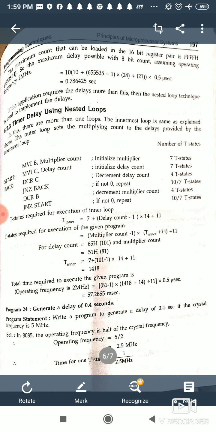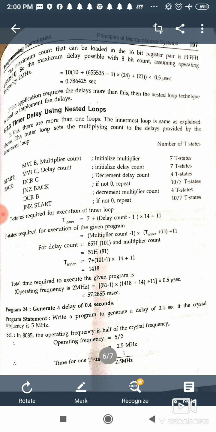Now next is time delay using nested loop. Nested loop means a loop within a loop. So we have an outer loop, and within the outer loop we have one more loop.